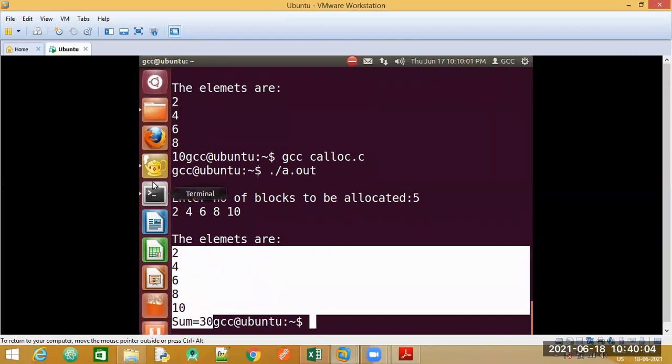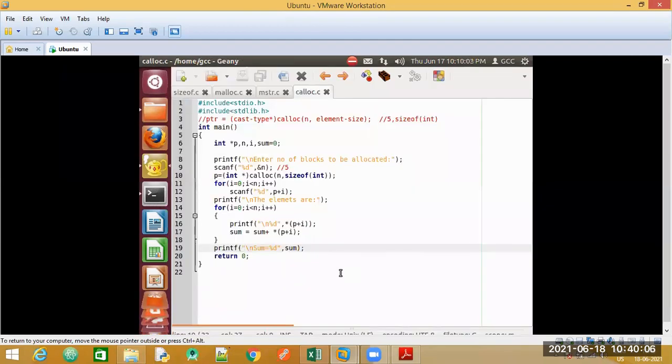Let us go back again. Let us do this change and see, so that you people are able to recall again. Let me go back to the terminal. I have removed the brackets here.